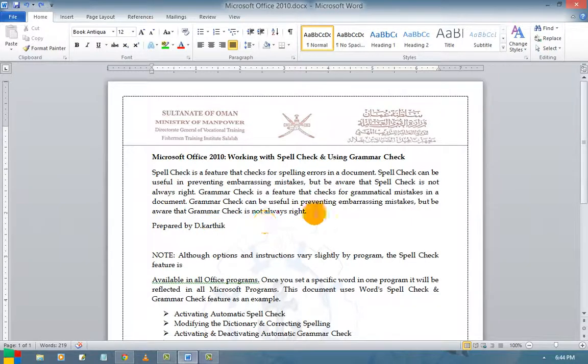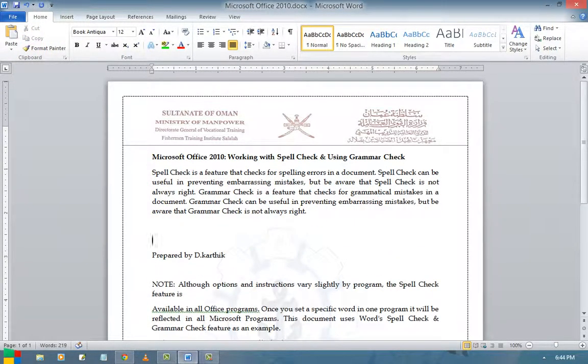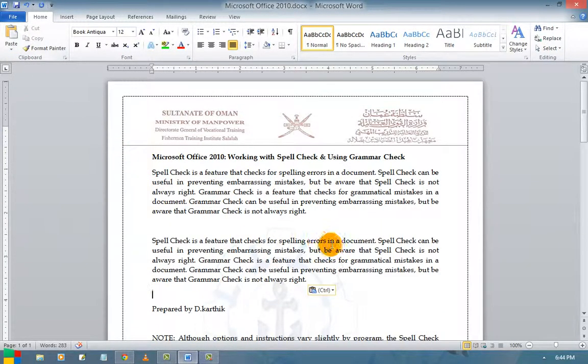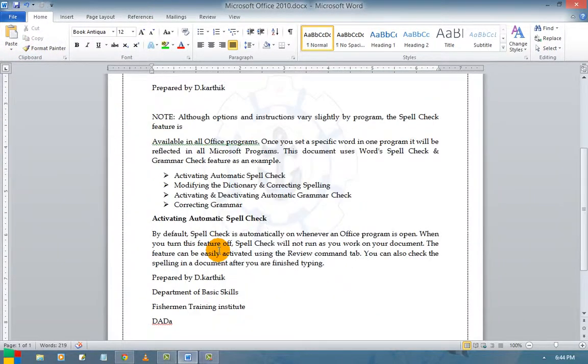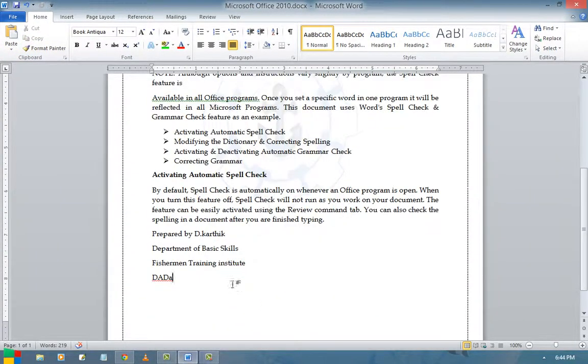So how to do cut, copy, paste? First, select the area you want to copy, and select the area where you want to paste it, and go for paste. It will paste. And cut, if you want to cut this, select the area and then go for cut, and select the area where you want to paste, go for paste.